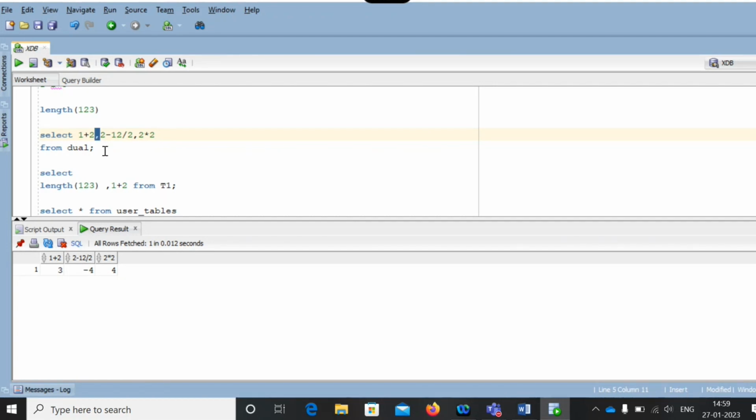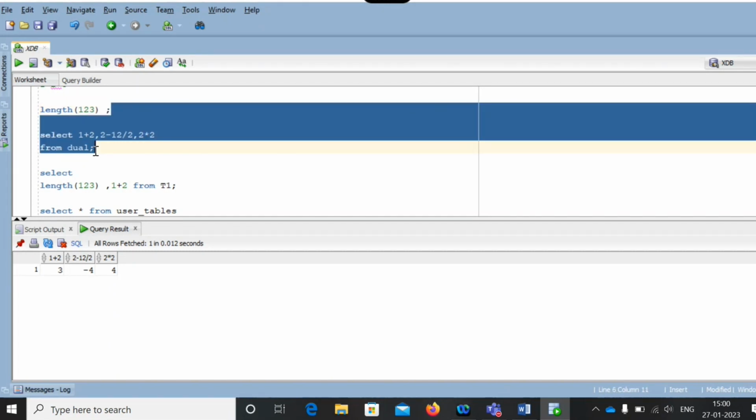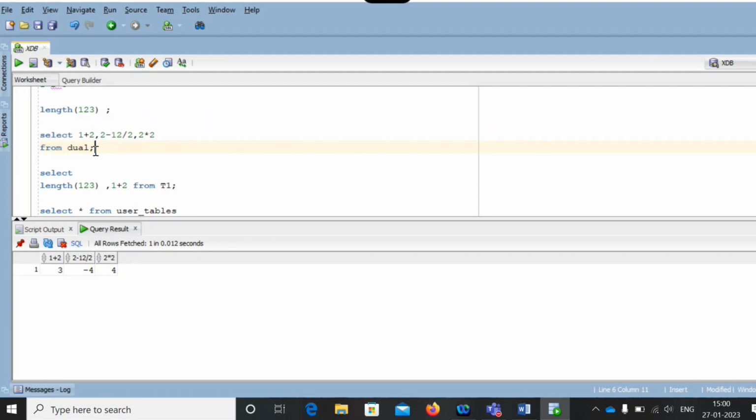If you mention the semicolon, it's a line terminator. So if you use a semicolon here and go till this semicolon, whatever the values we write, this whole thing is a single statement or single line or single query. If you are using the semicolon, the statement has ended in that place. So from the previous semicolon to the next semicolon, whatever values we have, all the values will get here. See, now I'm using 1, 2, 3 here.